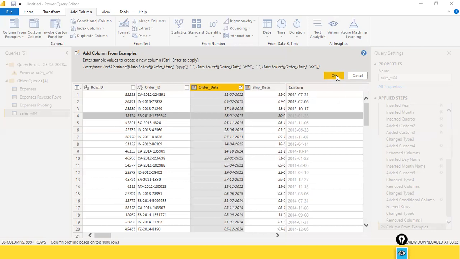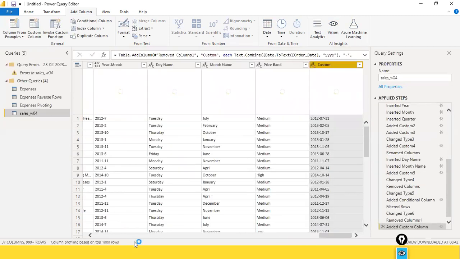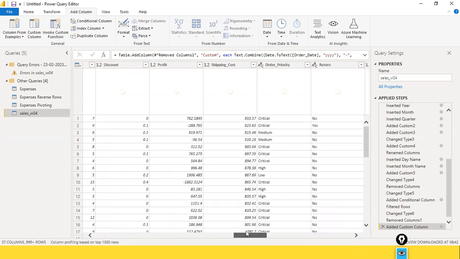And the assignment for you here is, finally, I'm going to hit OK here. Now my new format of the order date column is ready. Look here, you can rename this column. And the next assignment is, for example, in this data set, I have